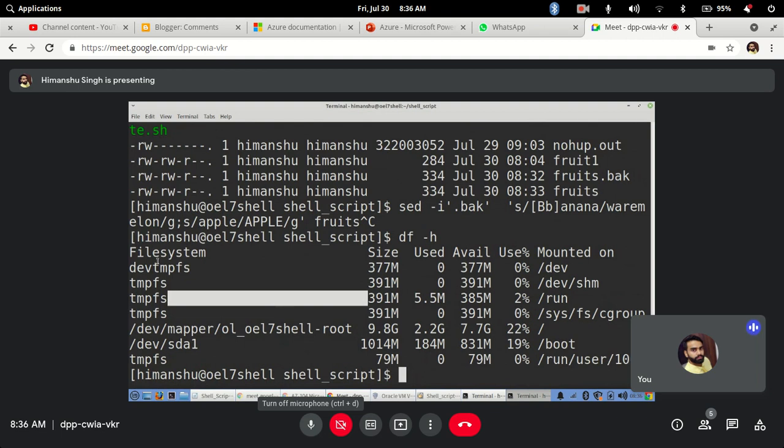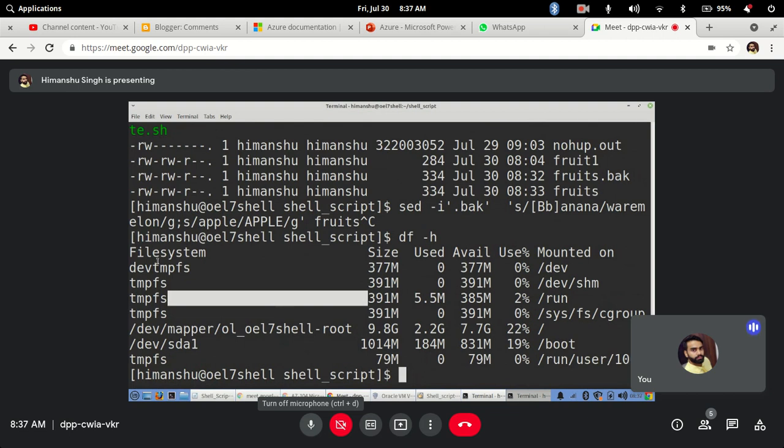Whenever an output is sent to an awk command, it will scan any file line by line, and if you are checking any specific fields, it will split each field into a specific entity. So it will be useful for managing the data in any specific file.